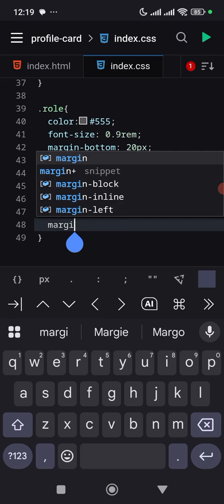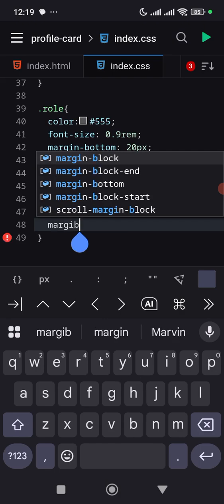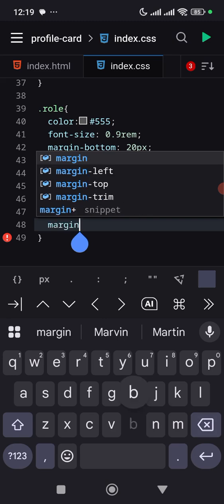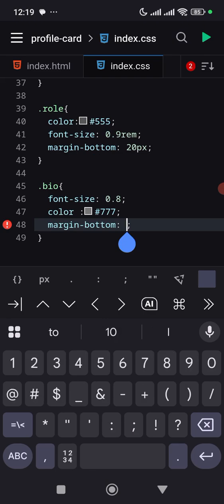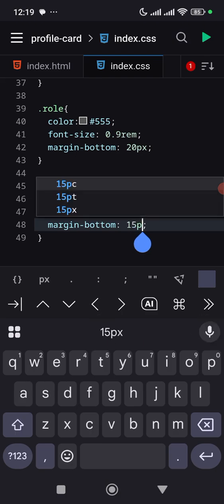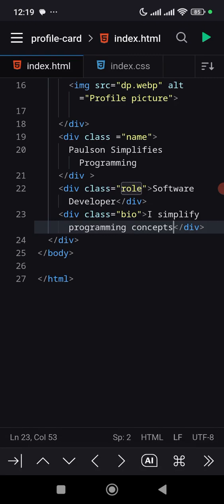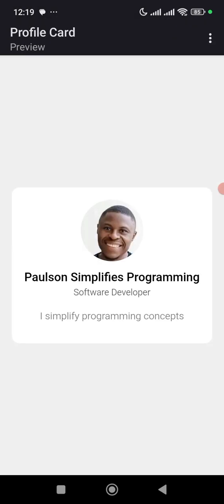Margin bottom. I'll do something like 15 pixels instead of 20. So if I go now and run, you can see I simplify programming concepts. That's my bio. So now the next thing we would have to add is